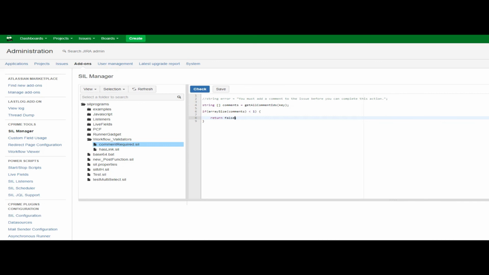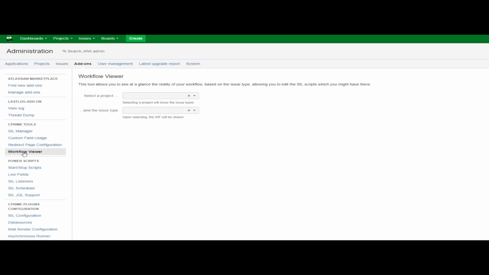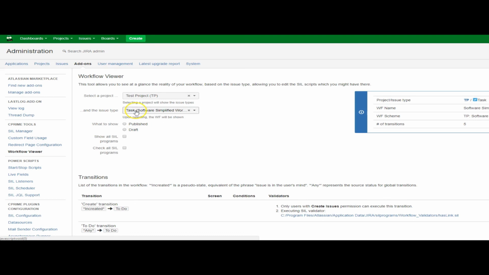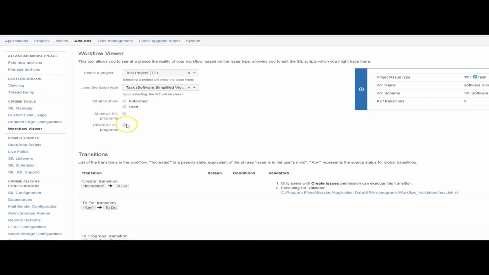So there's this really great tool. I don't use that often, but when I do use it, it's certainly filling a need I can't get anywhere else. It's called this workflow viewer. And what it does is it breaks down your workflows for you and shows you what scripts and fields are being used where. So if I go into my test project and I pick my task workflow, and I can choose between the published workflow or a draft workflow,